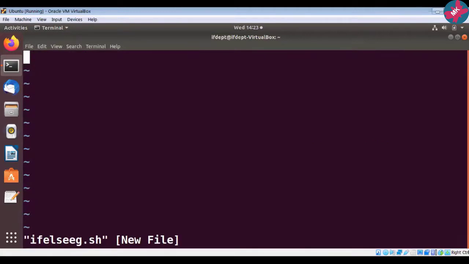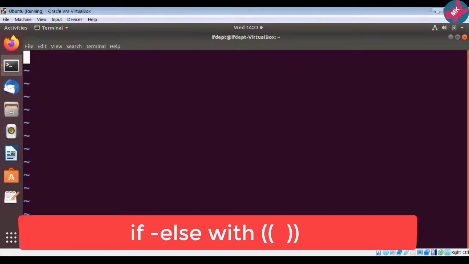Suppose here again I will take a simple one. I will press I, then I equals 11. Then suppose here I will use double brackets. Now remember, since I am using double brackets, I will use here the less than symbol.